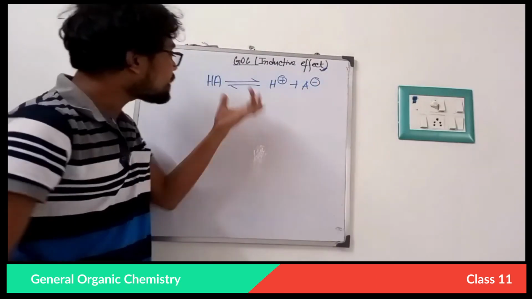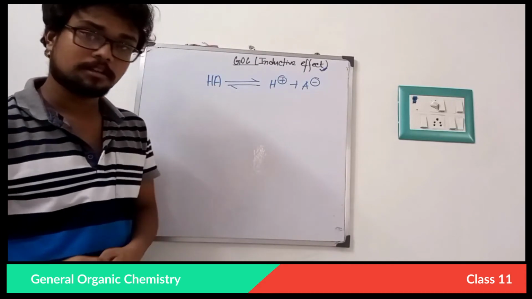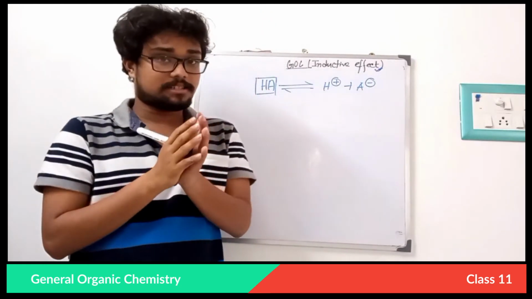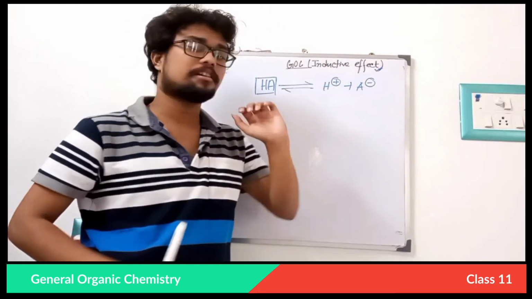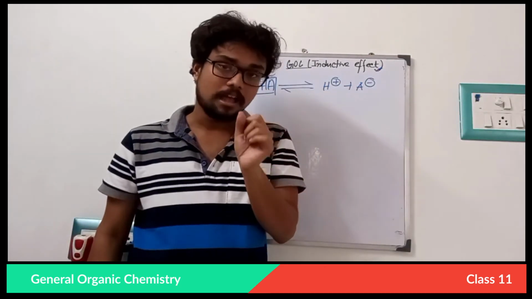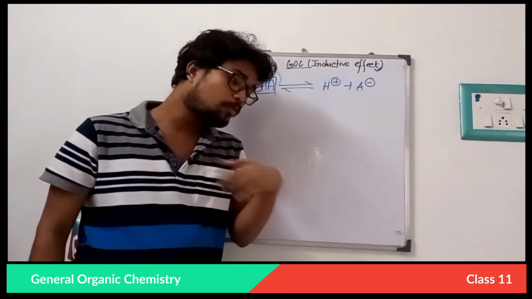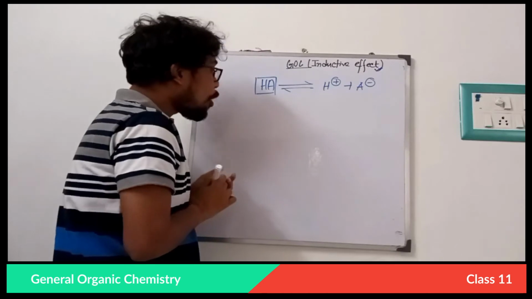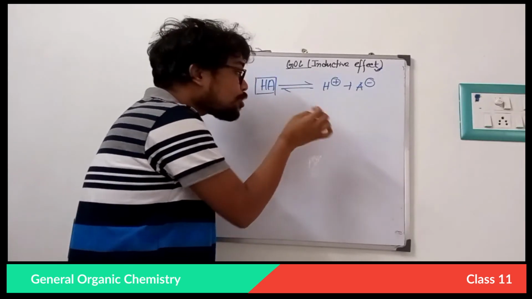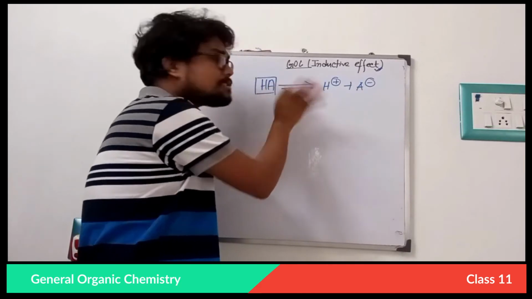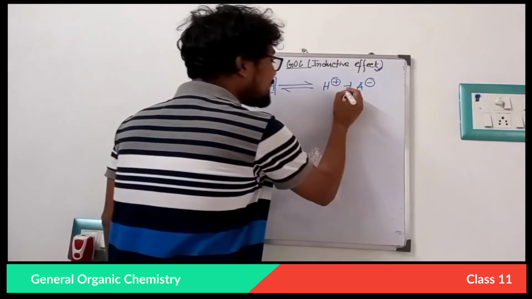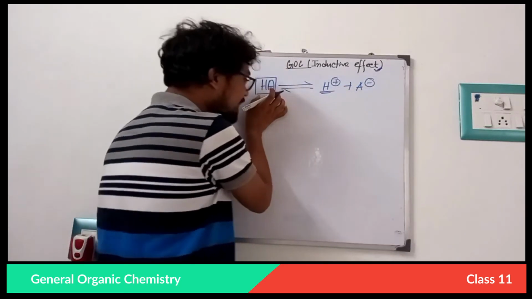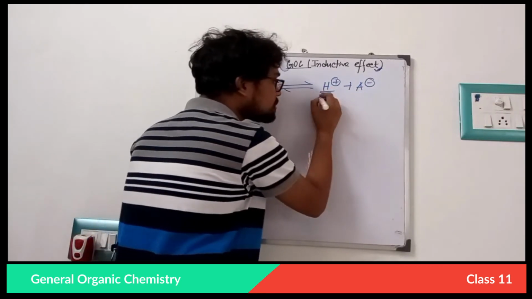Now the first question is why I am using this equilibrium sign. Think very carefully. I am discussing organic acids, the acidity order of all organic acids. Now organic acids are weak acids, and we know that in the case of a weak acid or weak electrolyte, we use the equilibrium sign. That means all organic acids do not fully dissociate, not 100% dissociate. That is why I am using this equilibrium sign. Fine. So the more H plus ions released, the more acidic it is. If HA is present here, it will release a proton. This is a proton.